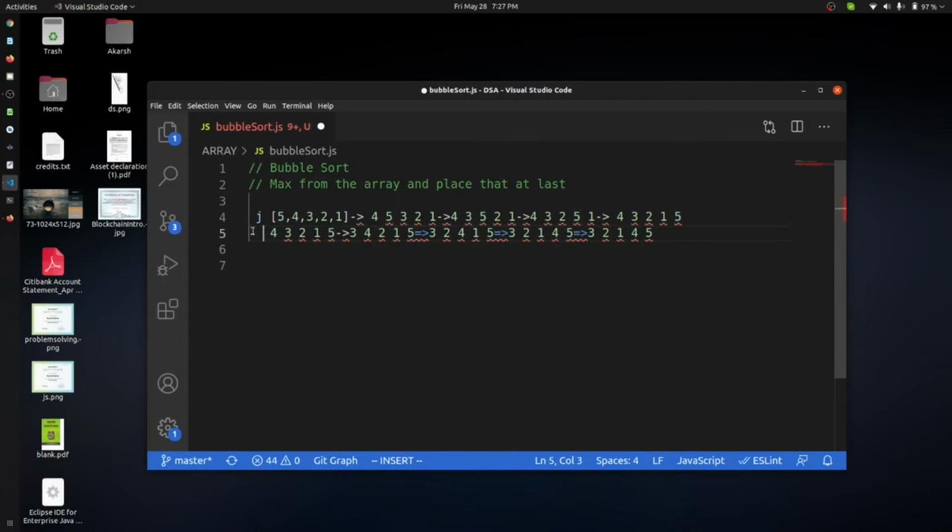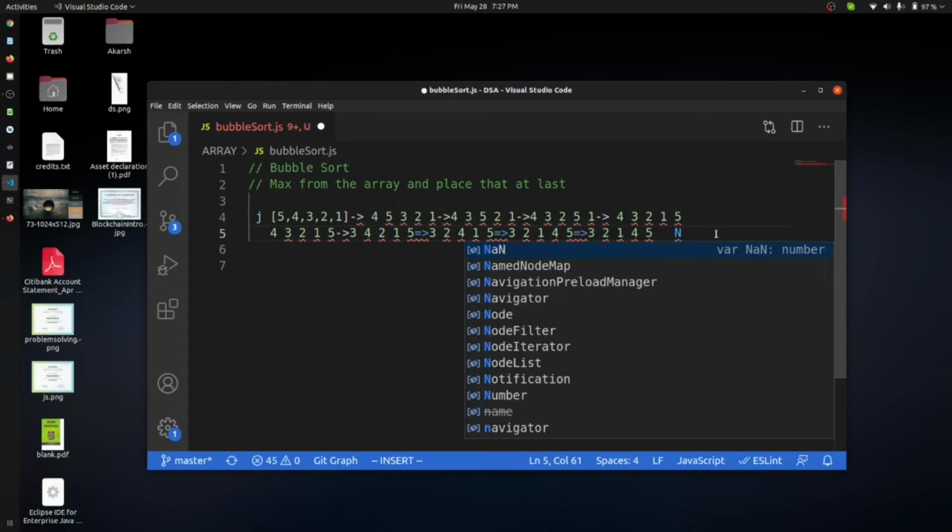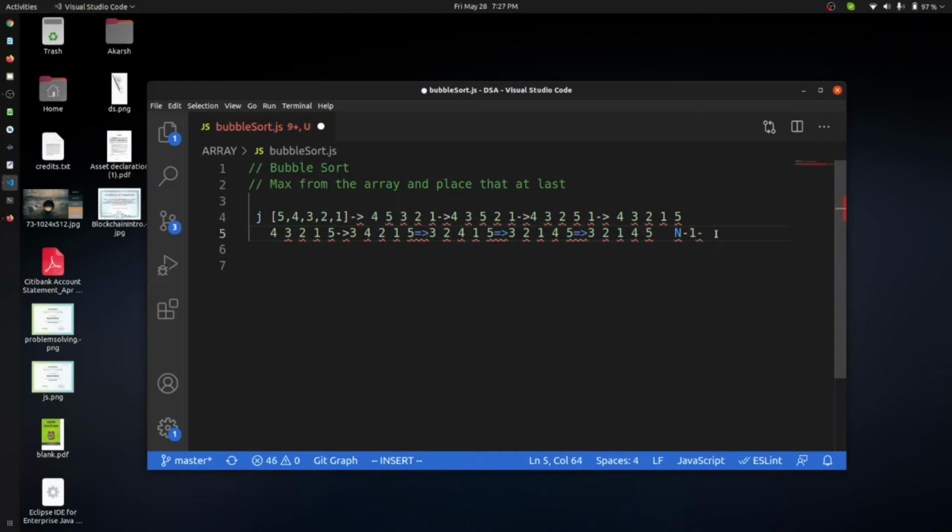What we will say is that this iteration goes till n minus 1 minus i, where n is the length of the array. So we will check only till 4. In the next pass we will check till n minus 1 minus 2, and in the same way it will move to n minus 1 minus 3 and so on.